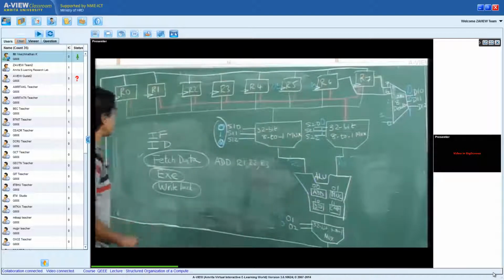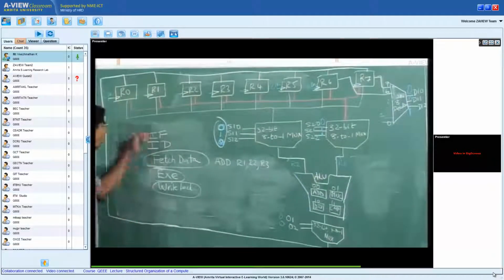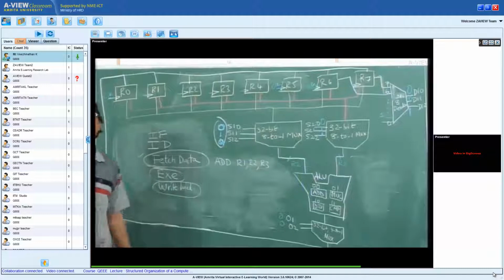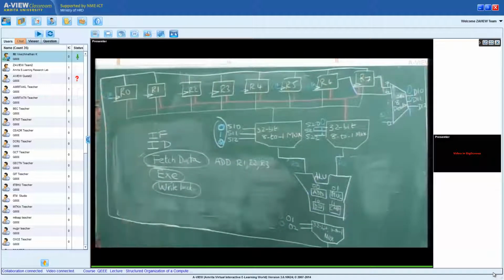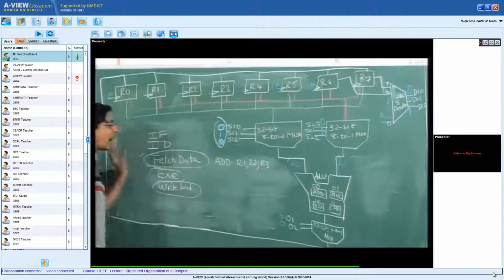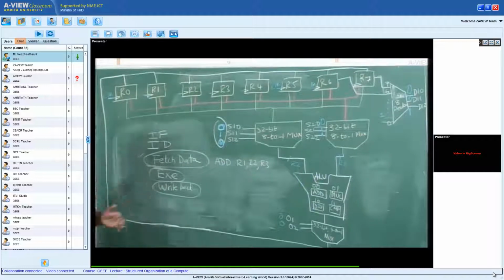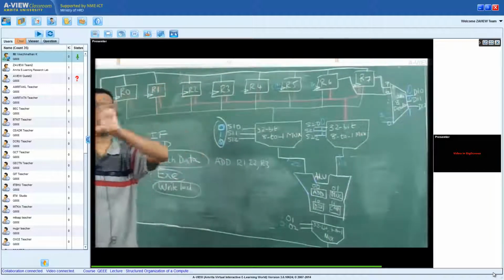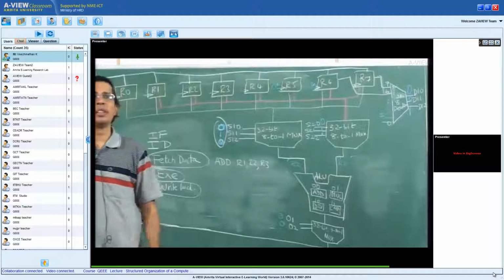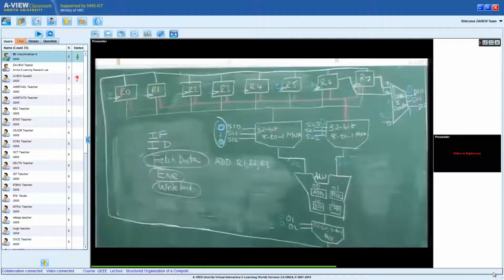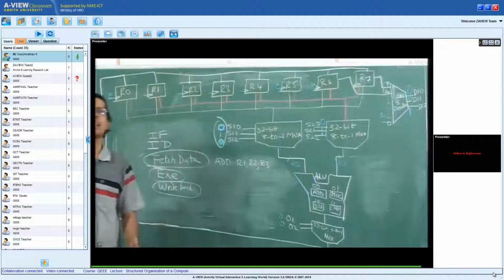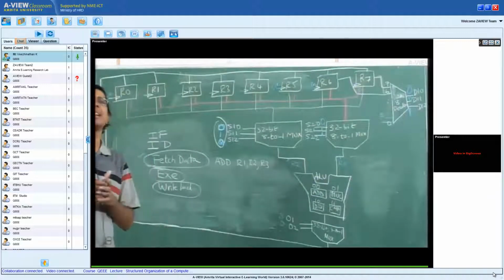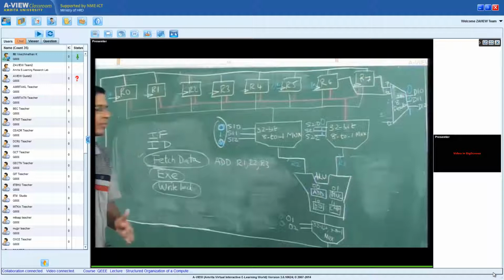What I want you to understand here is, in all these 5 stages of execution of an instruction, there are different hardware that are involved, different sub modules that are involved in doing each of these stages, and when one module is fetching an instruction, all the remaining 4 modules or the hardware associated with these stages are idle, meaning they are not doing anything constructive.